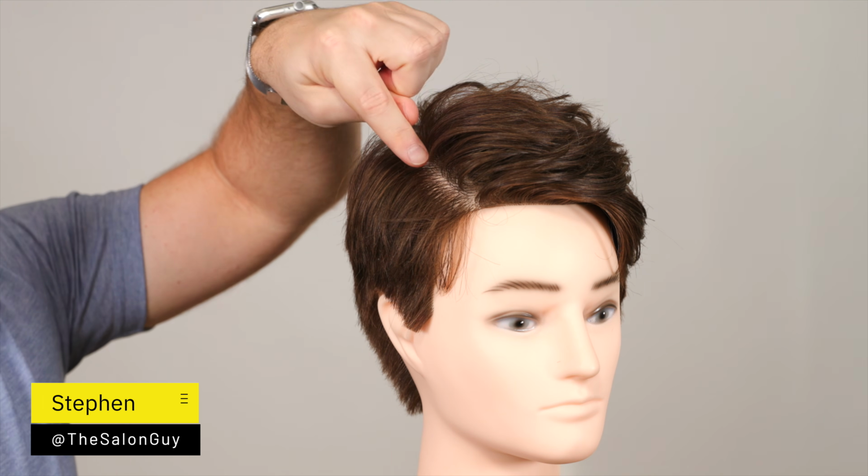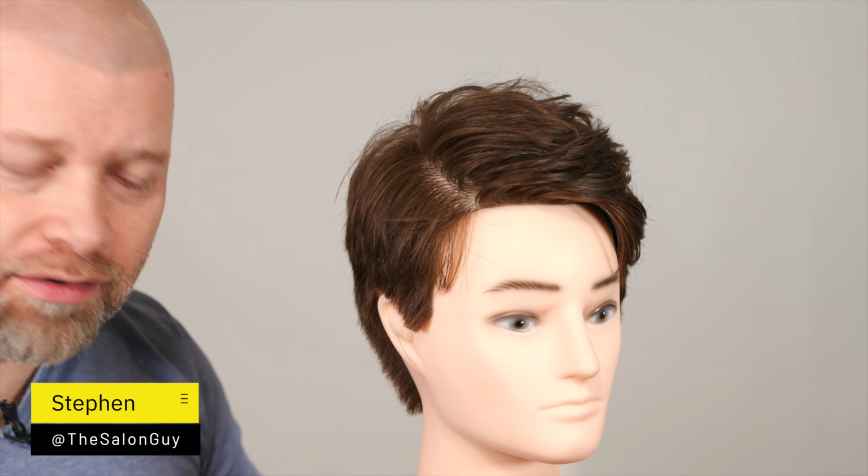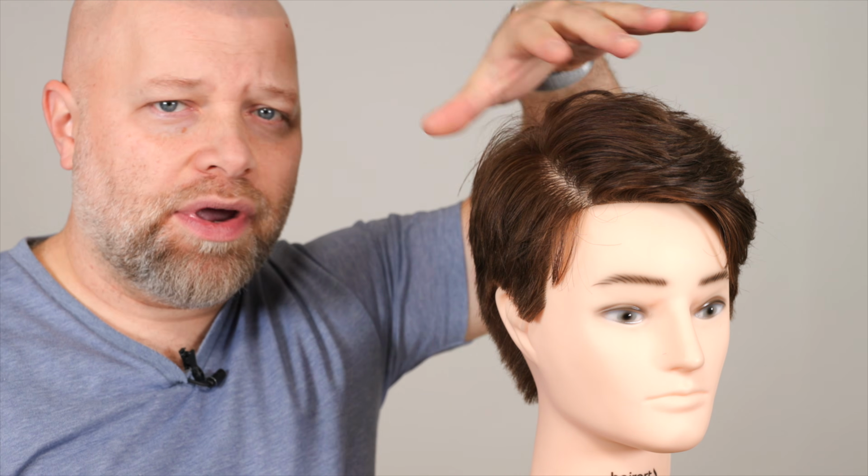Why do you have this right here in your hair? Because it's there. It's natural, okay? Your hair naturally parts right here. Every single person has a natural parting in their hair because the hair will naturally grow in a certain growth